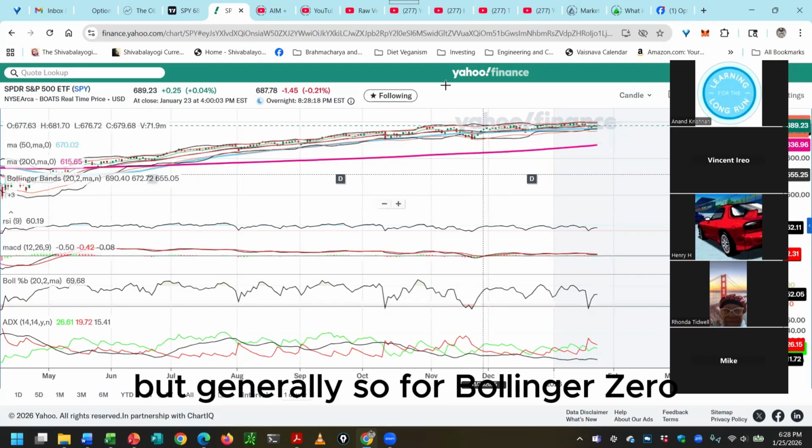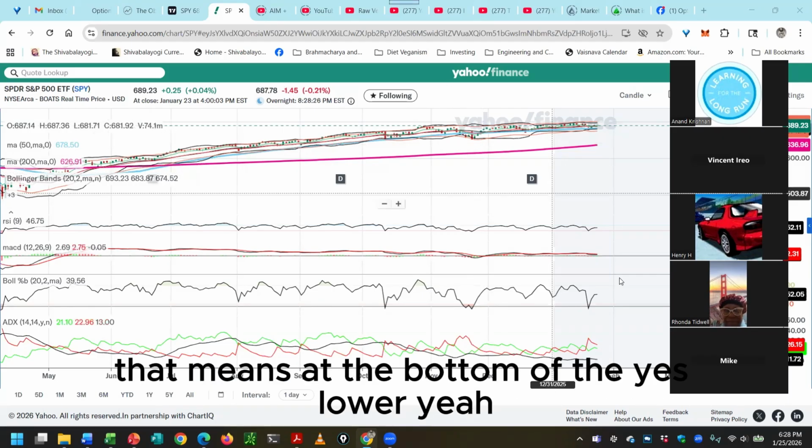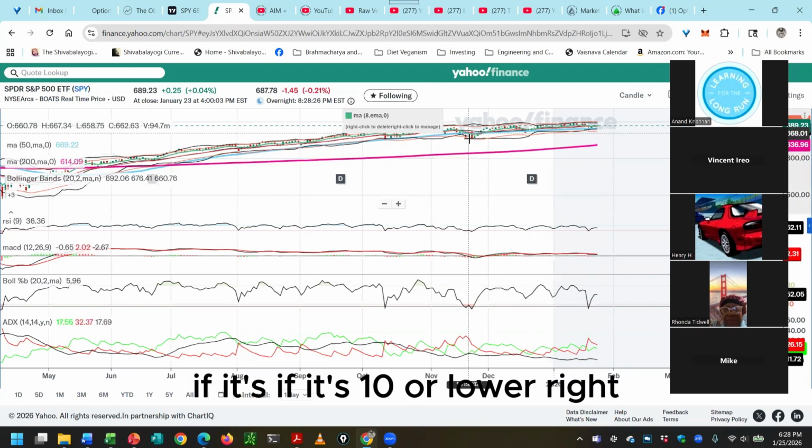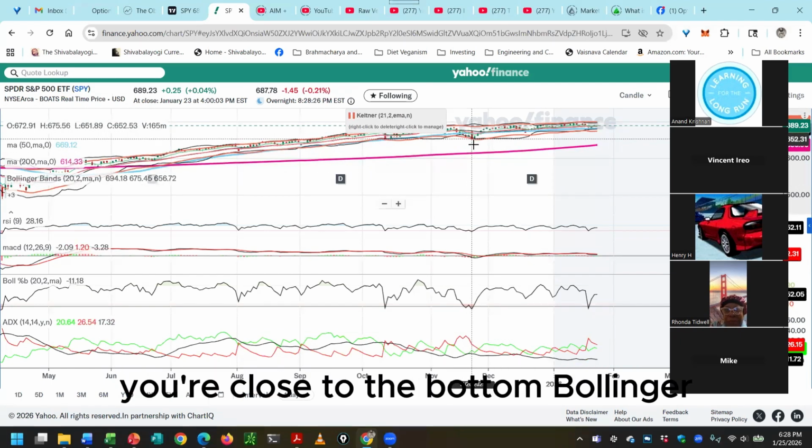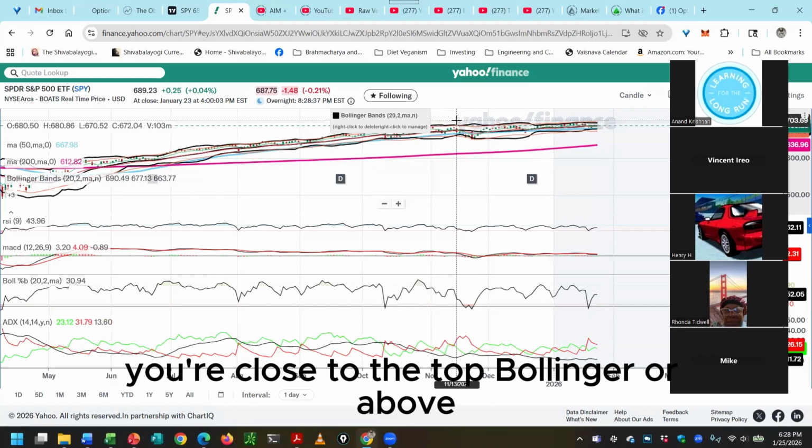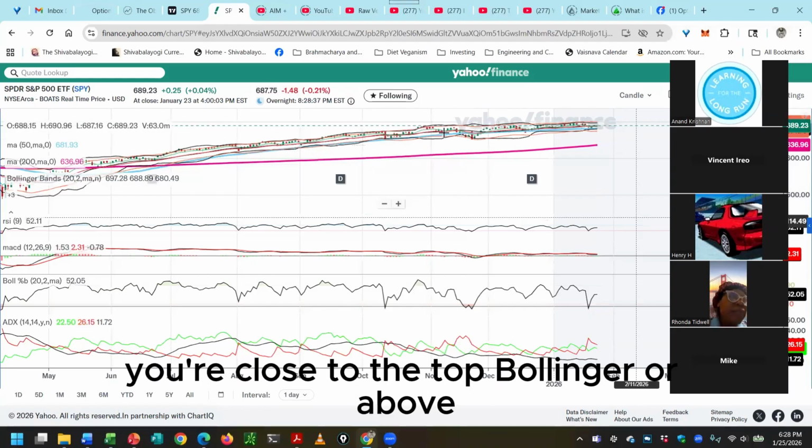But generally, for Bollinger zero, that means you're at the bottom of the lower Bollinger Band. If it's 10 or lower, you're close to the bottom Bollinger. If it's 90 or higher, you're close to the top Bollinger or above,